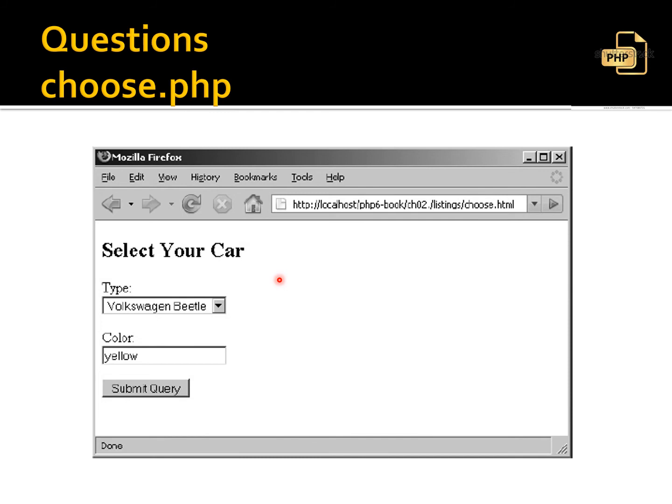So this is your first PHP question, and in this question what we have to do is create a select button with multiple options for cars, Volkswagen Beetle. Then you can specify Ford Figo, like any cars. Like you can list